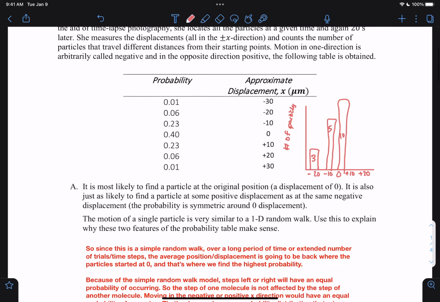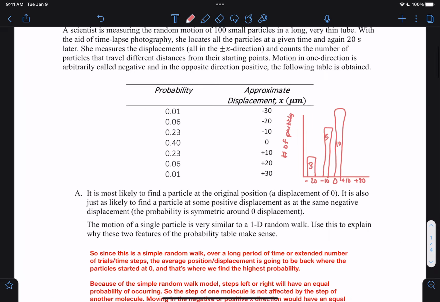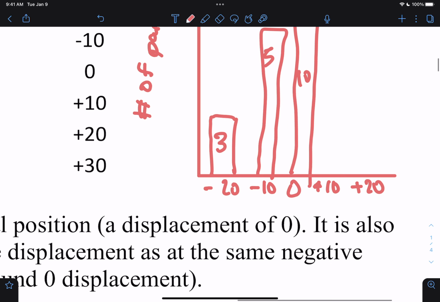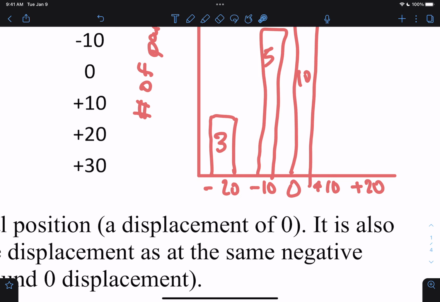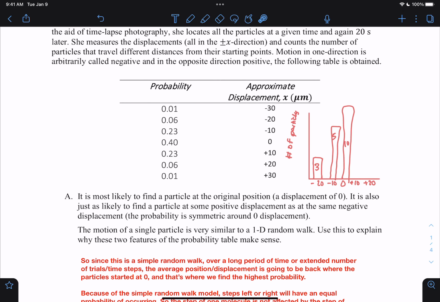So the thing is now we have probabilities for these. If there's 3 particles here, and 3 particles out of 100, that's 0.03, if we had the number of particles on our y-axis. Now they're giving us the probability automatically. So if they were to take this away,